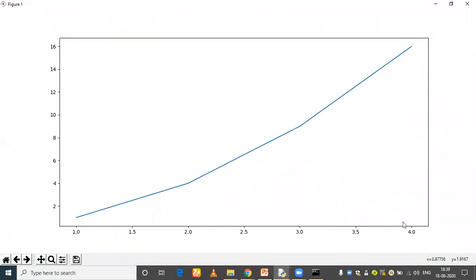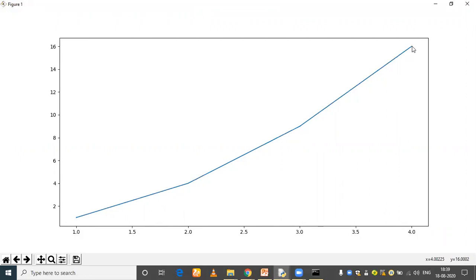Whenever I'm moving, can you see the coordinate here? Can you see the x value, y value? So it will be 1, comma 1. Now, when the value of x is 2, what is the value of y? 4. Can you see this one? When the value of x is 3, what is the value of y? 9. And when the value of x is 4, the value of y is 16.